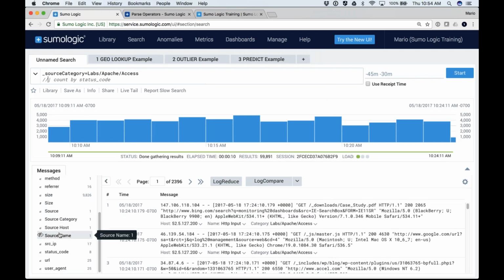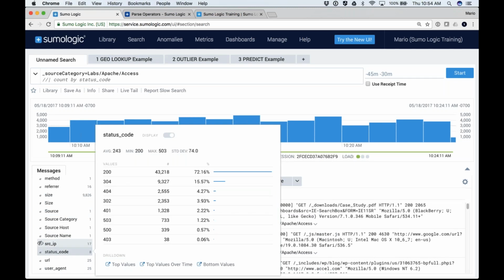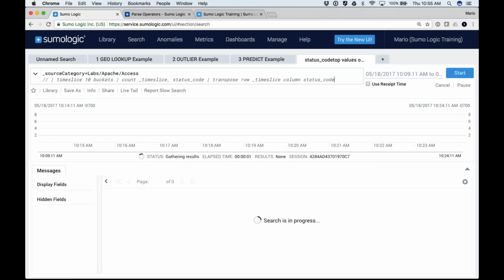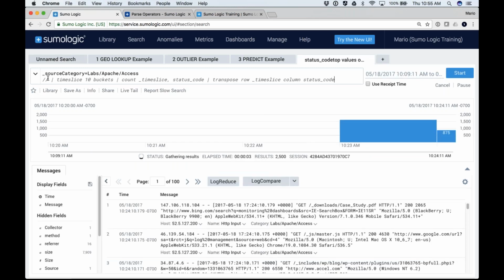Not only are they available and I can use them, the other cool thing is that if I click on it, look, it actually pulls a lot of data for me right off the bat. So there's a lot of stuff that I can do here that I can see. It shows me that my values 200 are appearing about 72% of the time. My 404s appear about 4% of the time. And I can even have some clicks here. If I want to see those things over time, I can click on this, and this is going to introduce a whole new